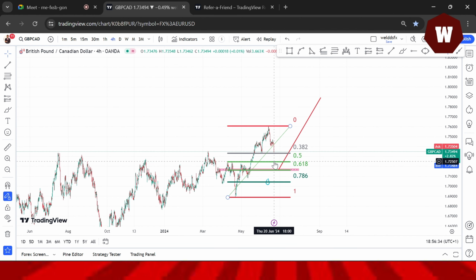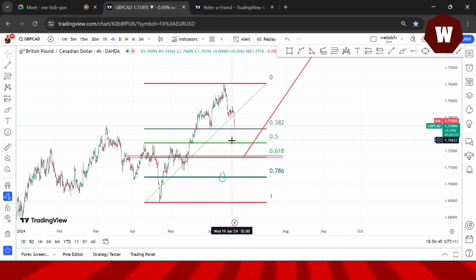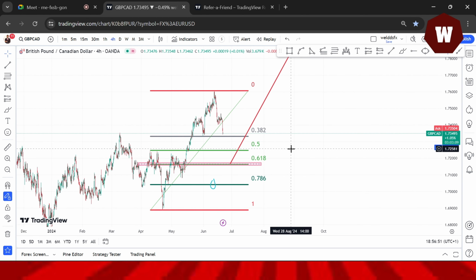Do you know the reason I don't like taking the 50%? In fact, I can't remember the last time I entered a trade on the 50%, but there are people that enter it there. If you remember, NZDCHF, was it yesterday or the day before? It showed an uptrend from that 0.5. Okay, but it failed, you saw that it failed, and went back until it got to 0.618. So I prefer